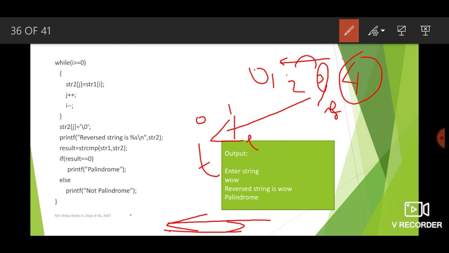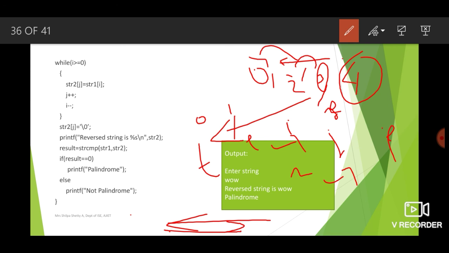Again next time I will reduce, J will increase. So here it will be the third character, that is I. Again it will get copied over here. So TEI. Again I will decrement, J will increment. So the character there is J. J will come here. So likewise it continues till you reach the end.